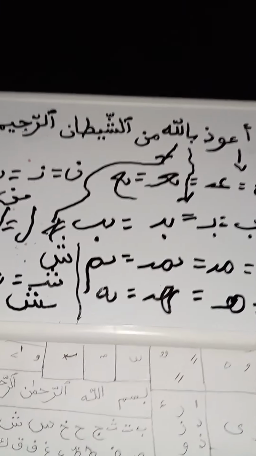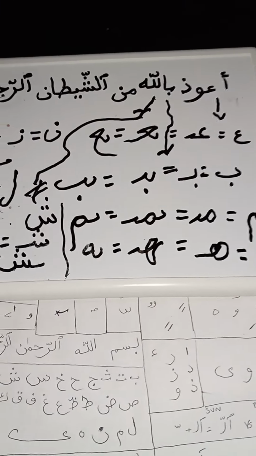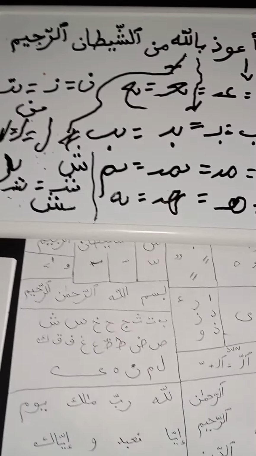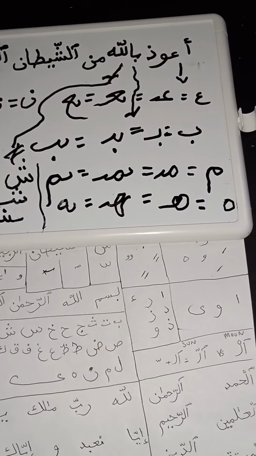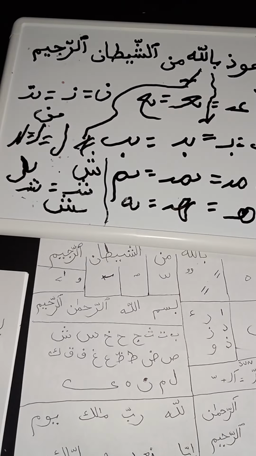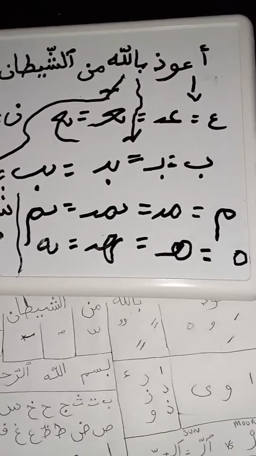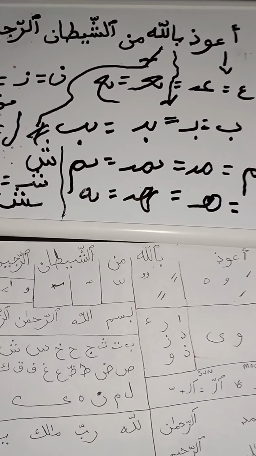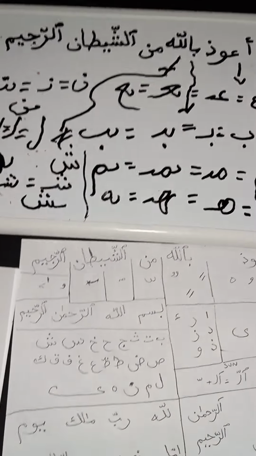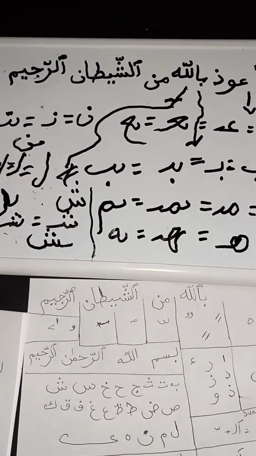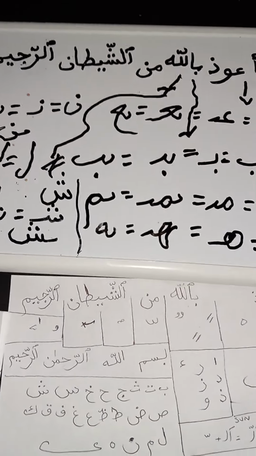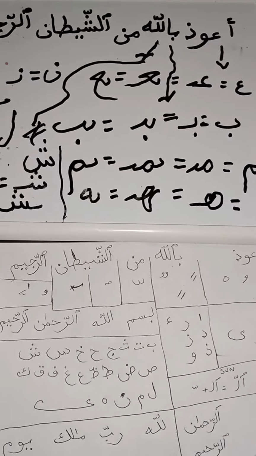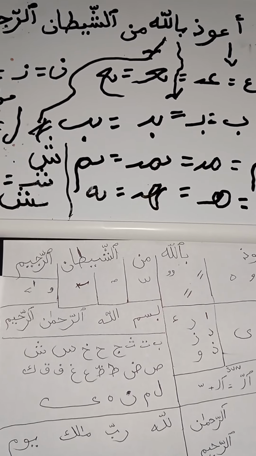So we have to know these letters. You have way more continued letters than you have cut-off letters. You have three times the amount of continued letters. So if you know these continued letters, what they look like in the middle, the beginning, and at the end, then you don't confuse them. All these letters that continue, we have to know what they look like at each instance that they show up in a word. Okay. So next we have another letter,